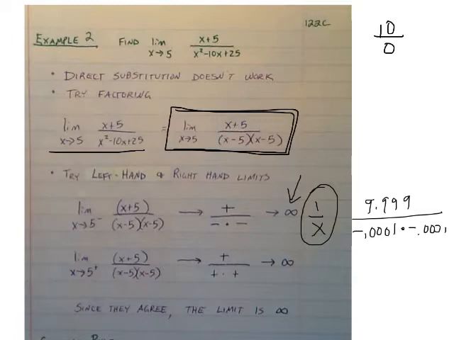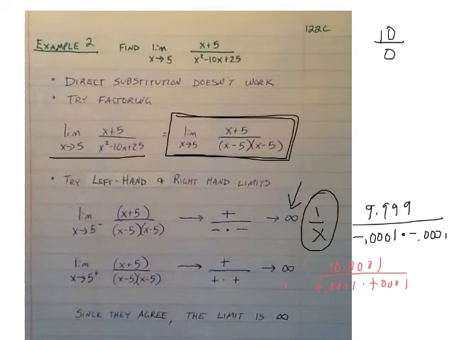Now we want to find the right-hand limit, so we plug in a number just over 5, which gives us a value of, we'll say, 10.001 in the top, and then in the bottom we get positive 0.0001 times positive 0.0001. Again, we're approaching something which very much resembles 1 over a very, very small number. So basically, we approach infinity again. Since the left-hand limit and the right-hand limit agree with one another, we can say that the limit as x goes to 5 of the function approaches positive infinity,